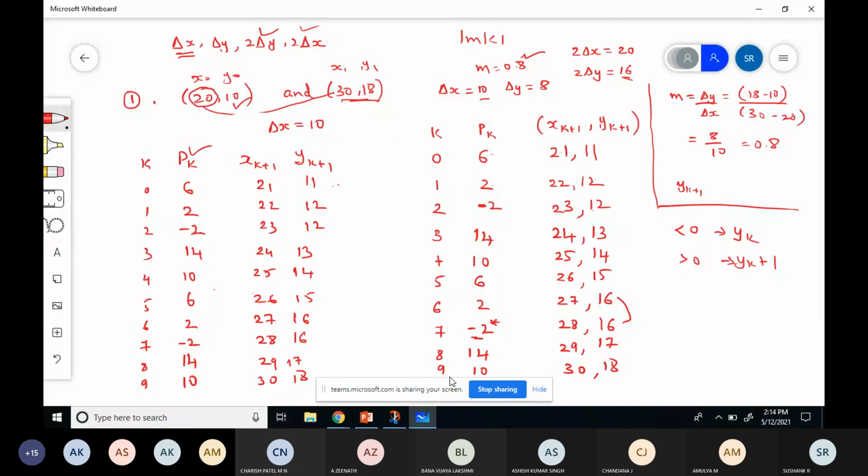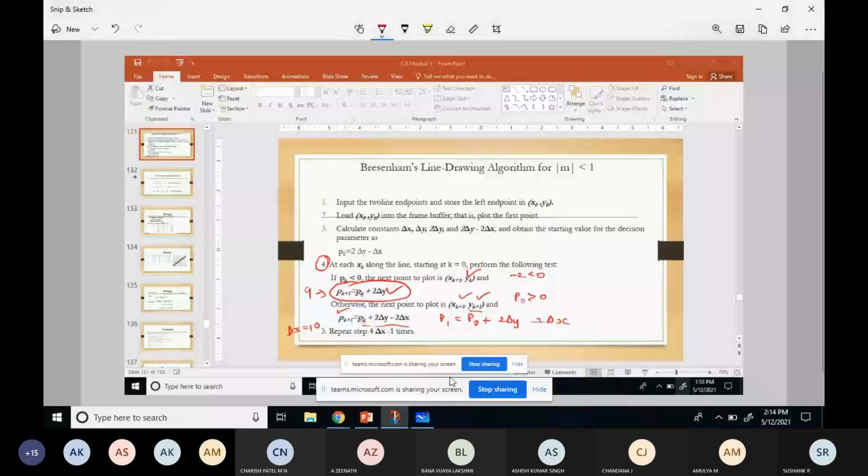So the point to remember: be careful whenever the sign changes, because whenever the sign changes, the formula will change. That is the place where some students will go wrong. Whenever there is a change of sign, they won't notice; they will be of the mindset that the same formula applies, and they will plot using the same formula. But whenever the sign changes, they should keep that in mind. If you consider this point, you can easily draw this algorithm.